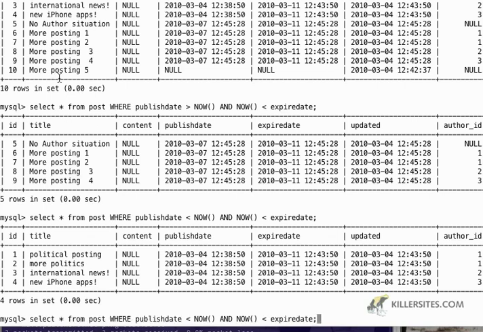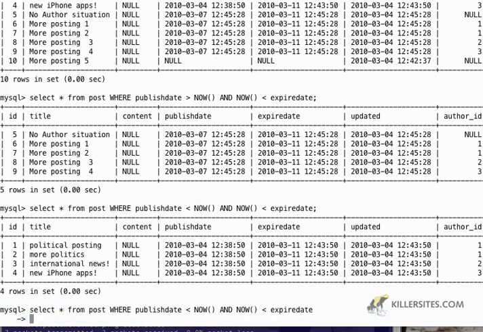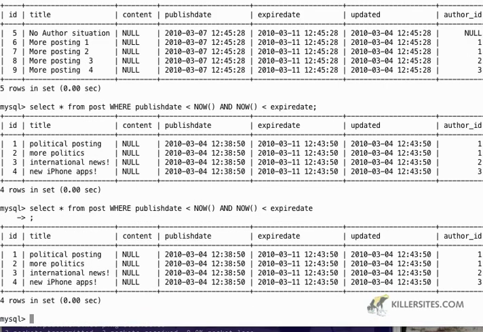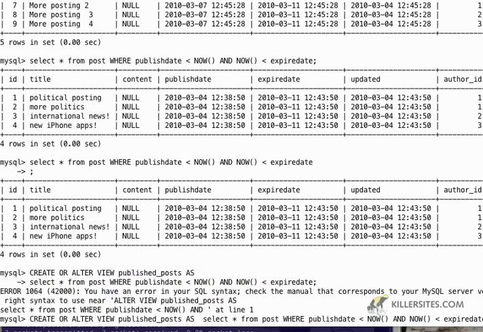So here we're getting the political post, more politics, international news, and so on and so forth. And all of these fit the criteria of being less than the expire date and being greater than whatever the time is right now. So if I wanted to turn this into a view, it would just be a matter of copying this and saying create or alter view latest, or I could just call this published posts as,